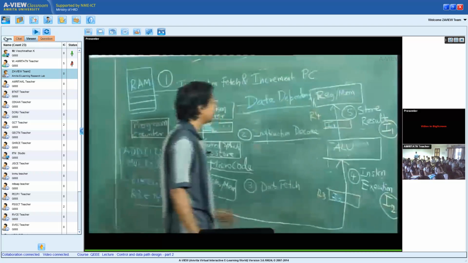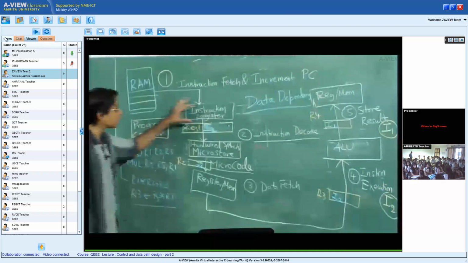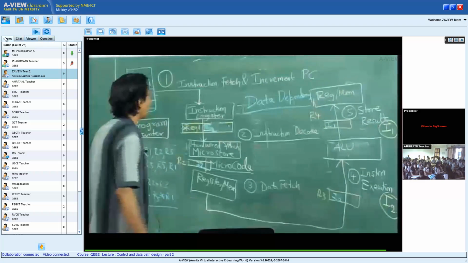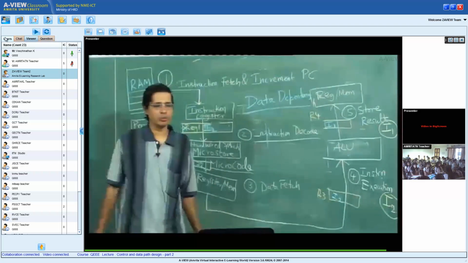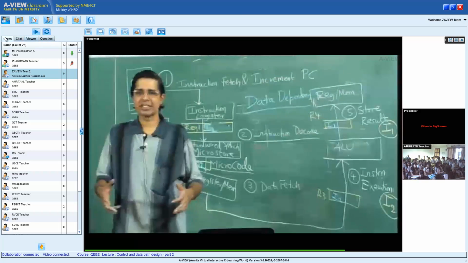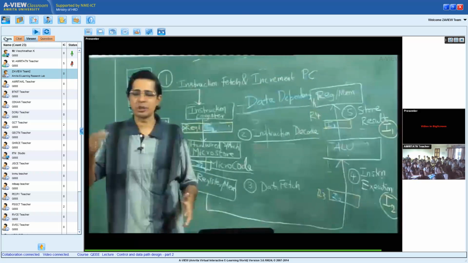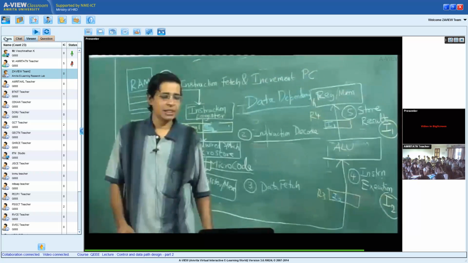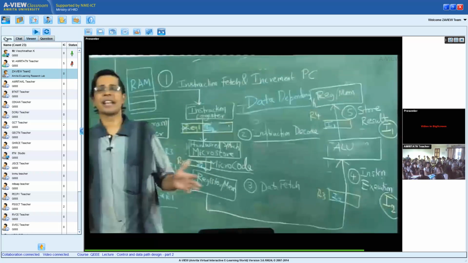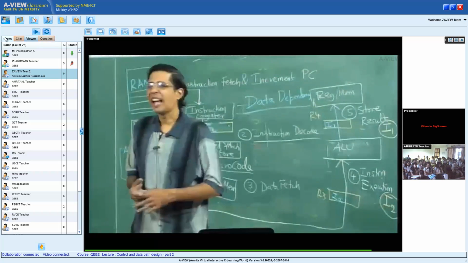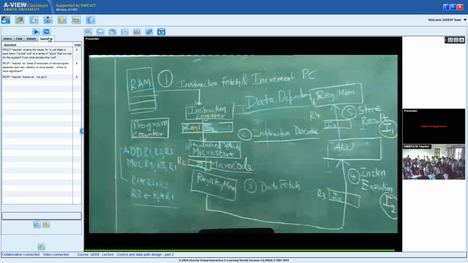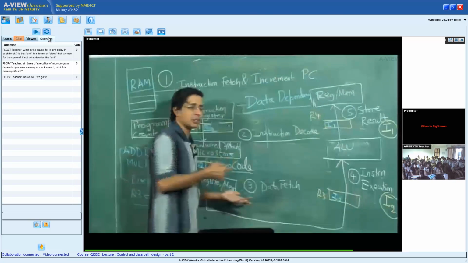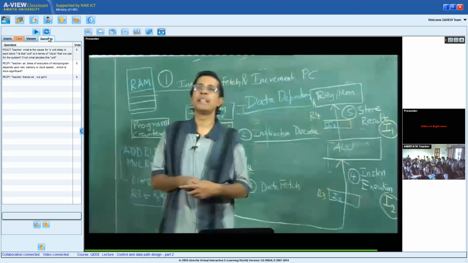So when I said 2 units for this, 2 units for this, that was just a very crude assumption to explain the concept, but the actual time for the execution of these instructions depends upon how fast the electronics respond. If you have very fast transistors that can switch on and off very quickly, then this time will be less. If it is going to be slower, then the time is going to be more. These units typically will be in nanoseconds, but it depends on the electronics. So the units are basically dictated by the electronics.